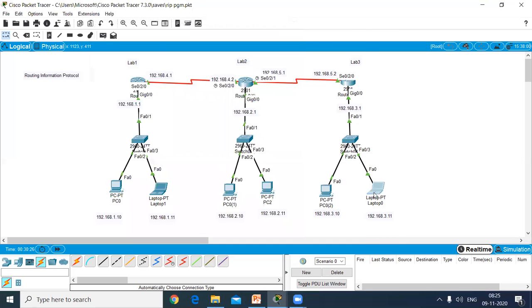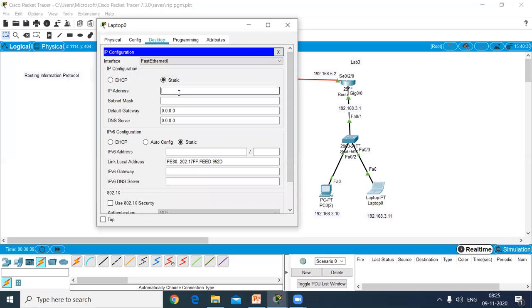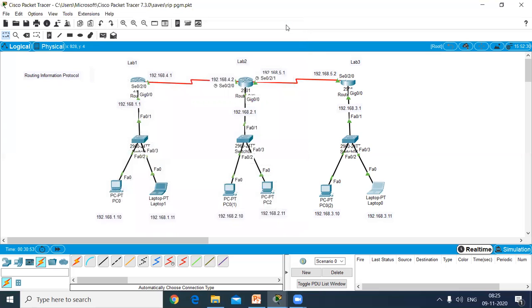This laptop, desktop IP configuration, address 3.11, 192.168.3.11. This also connects to the router, with the same gateway. Now